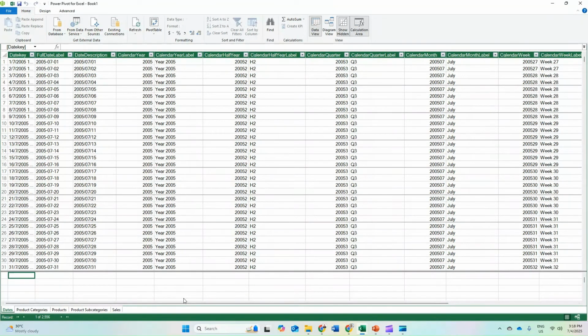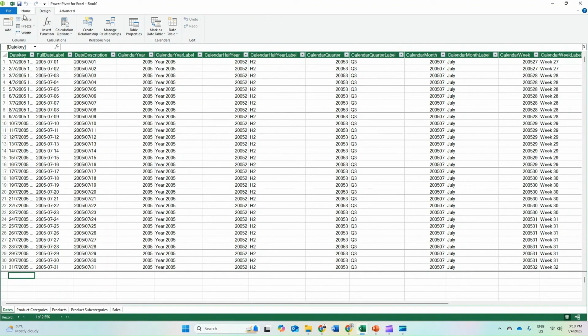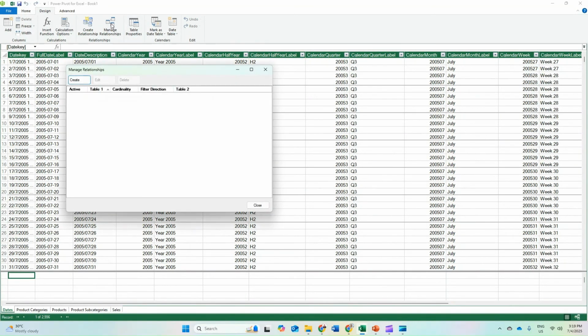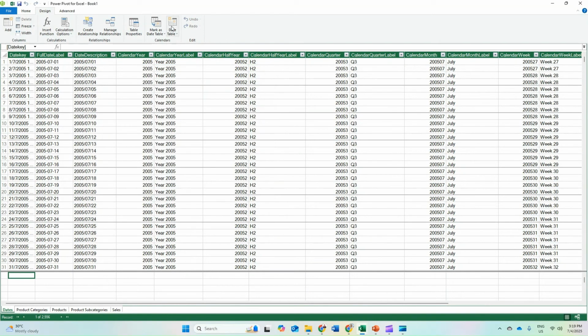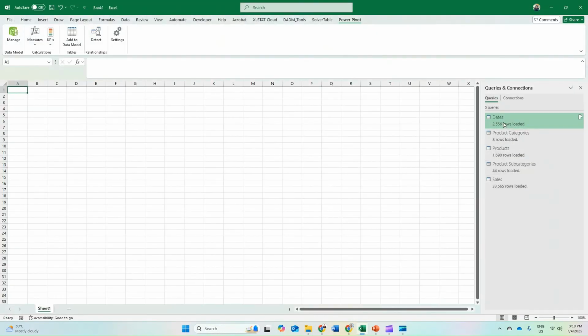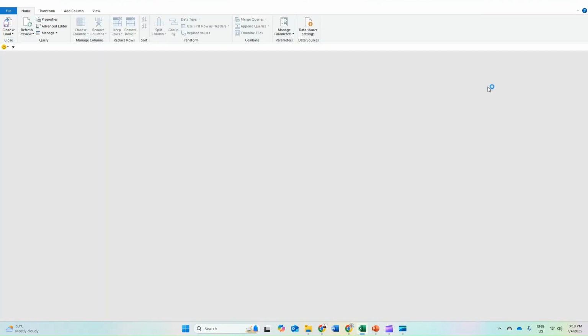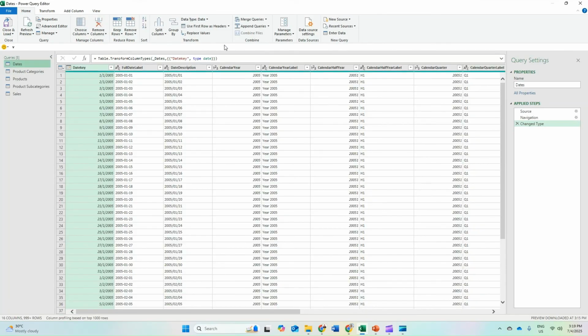Now you have Power Pivot and Power Query. Power Query is used before you load to Excel, and Power Pivot after you load, where you can still do some editing. Let me go back to Power Query.